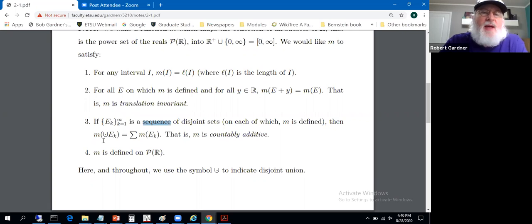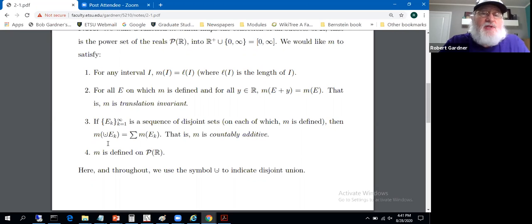So the measure of the disjoint union is the sum of the measures. This is called countable additivity, and that's certainly a desirable property of measures. We're going to try to set up Lebesgue sums, and we'll be summing over disjoint sets, rather similar to the way you do it in the Riemann setting. You deal with those partitions and you have little rectangles over, not entirely disjoint, but over little subintervals. They only overlap at their endpoints. So we'll need this countable additivity in the development of the integration.